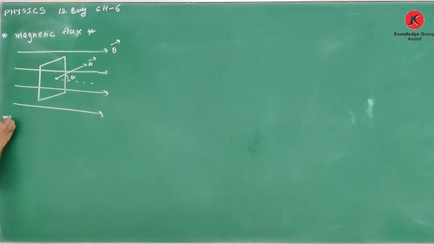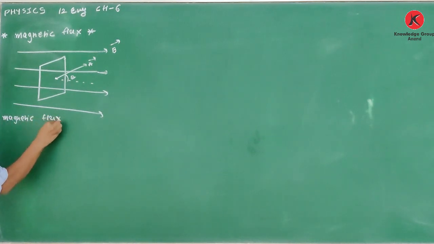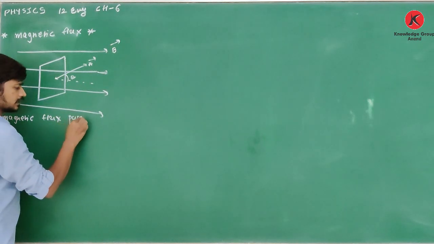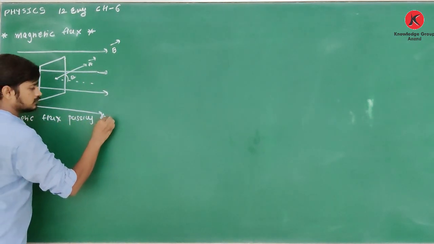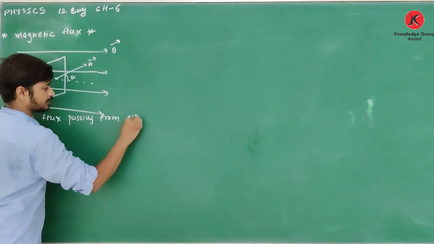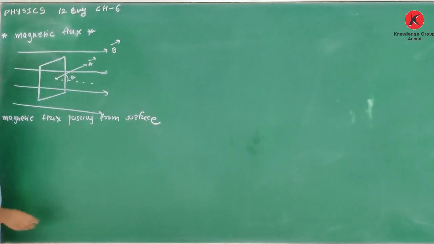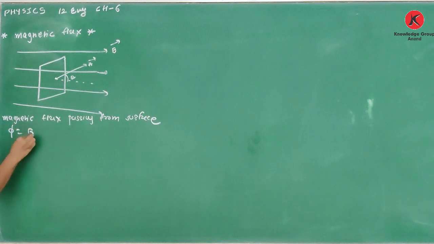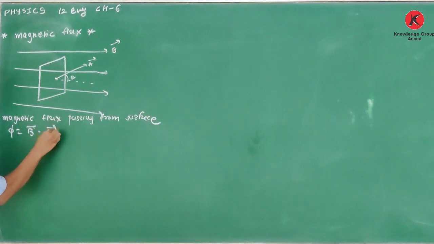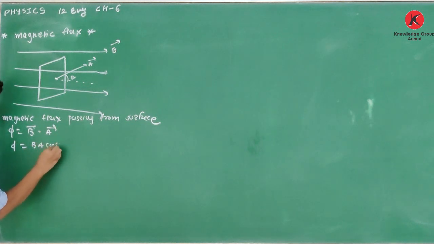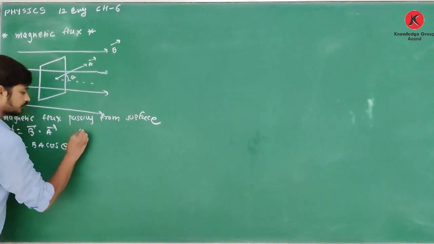Then the magnetic flux passing through the surface, or linked with this surface, phi is equal to B dot A, or phi is equal to BA cos theta, where theta